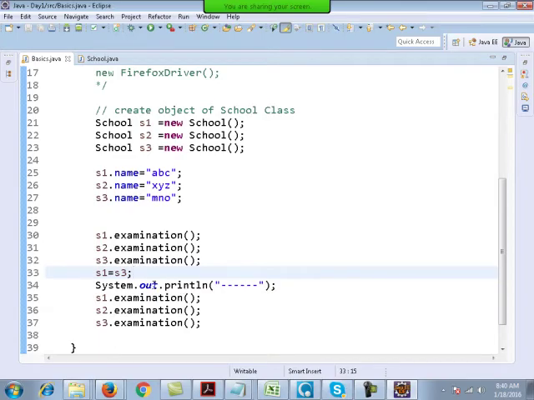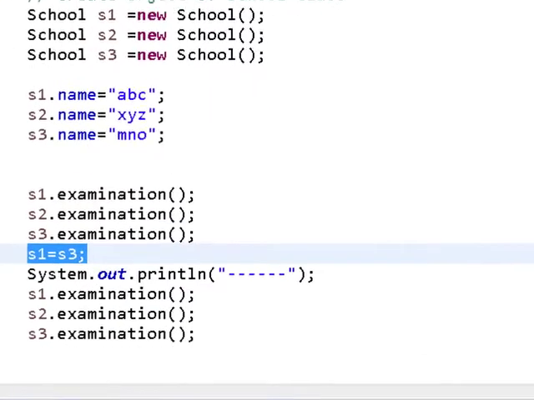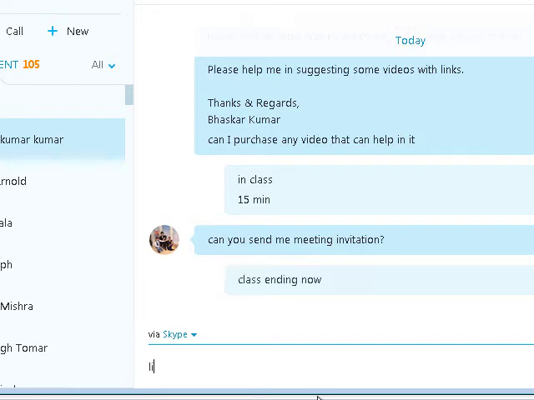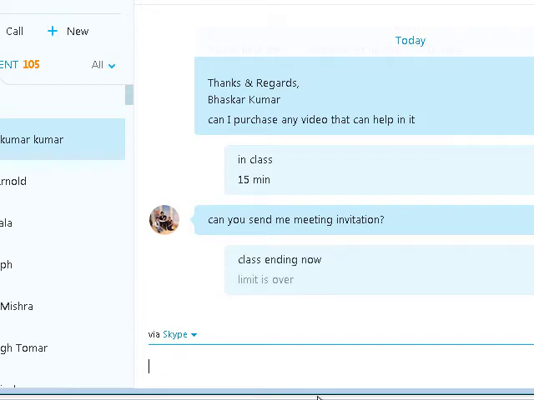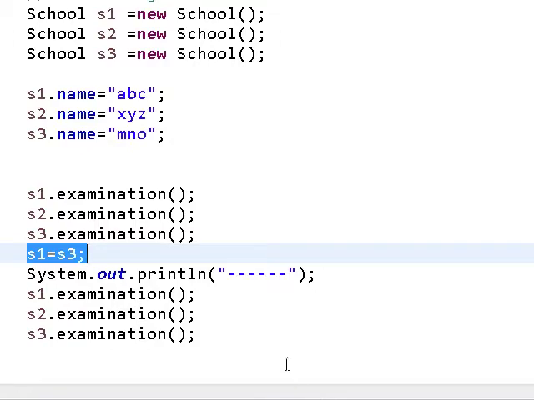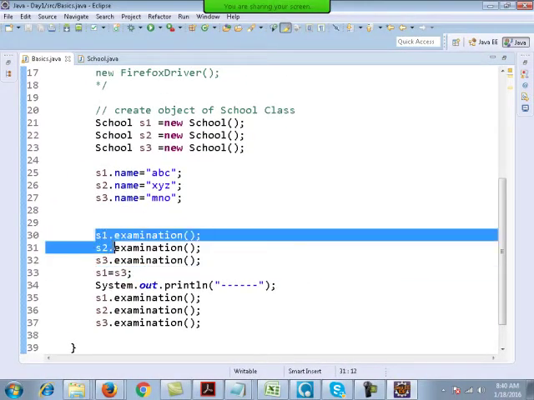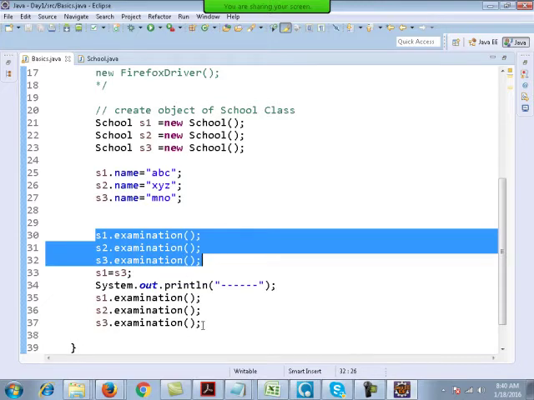This is how it works. References are different than objects. This is the main point to note.